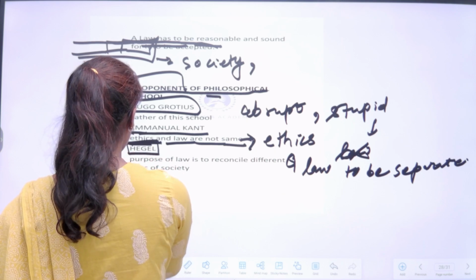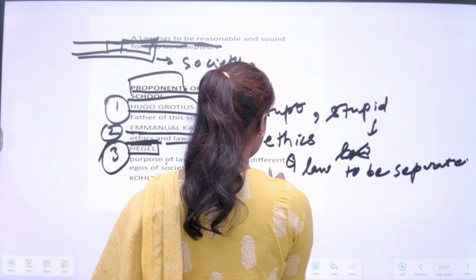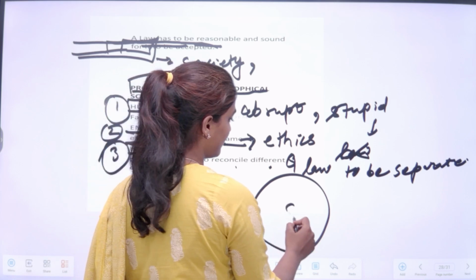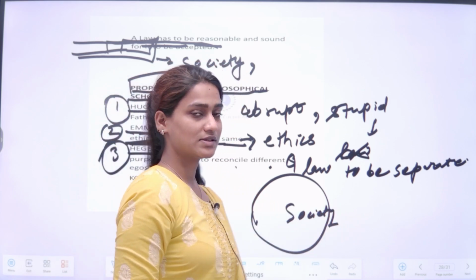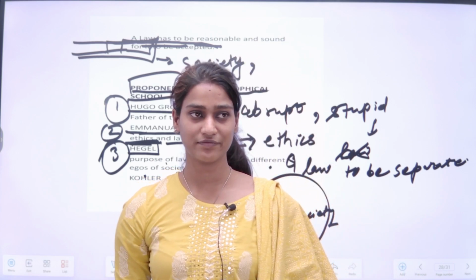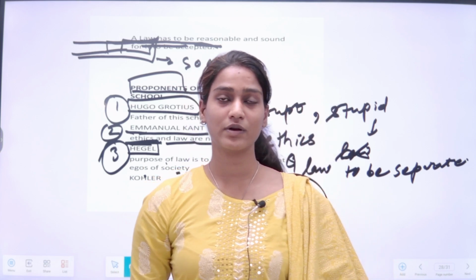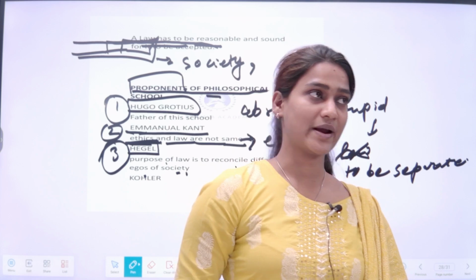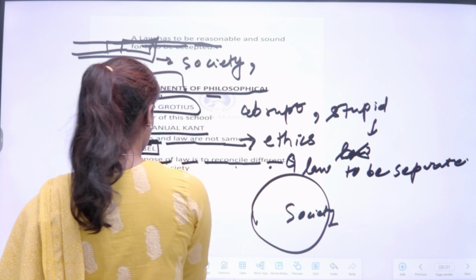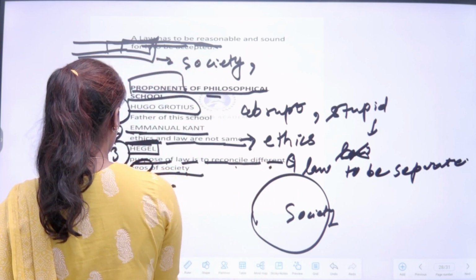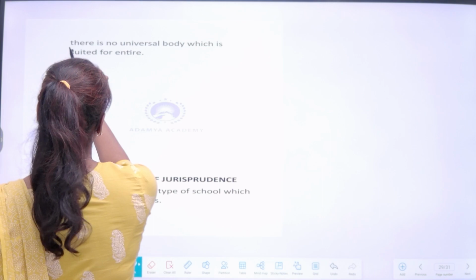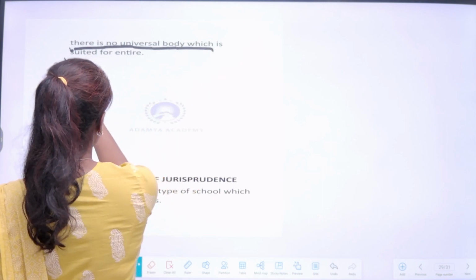Hegel. What does Hegel have to tell? The purpose of law is to reconcile different egos of society, which I have told you earlier. We have taken an example in which there is a society and there are many individuals in it. A society as a whole will have a different ego and the individuals will have different egos. All those have to work coherently to get a better law and better understanding with each other. So the purpose of law is to reconcile different egos of the society. Now the fourth proponent is Savigny. What he has to tell in the philosophical school is that there is no universal body which is suited for the entire